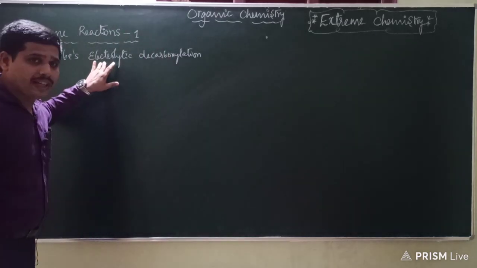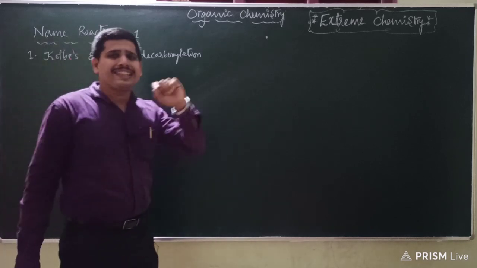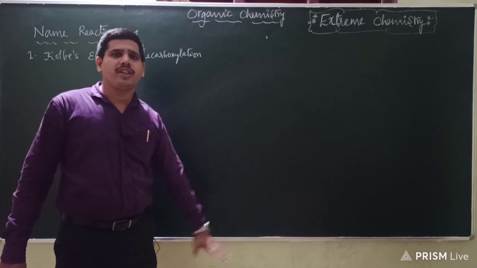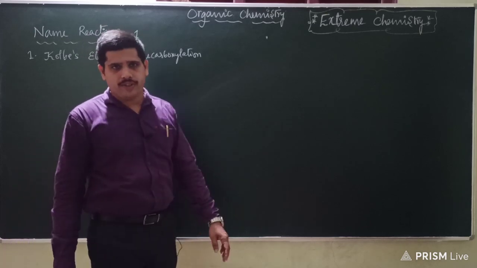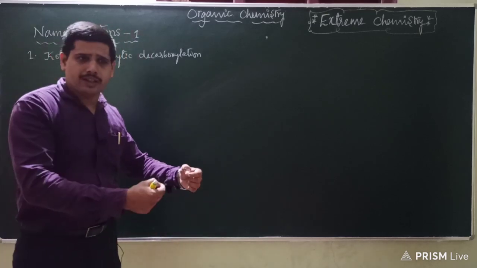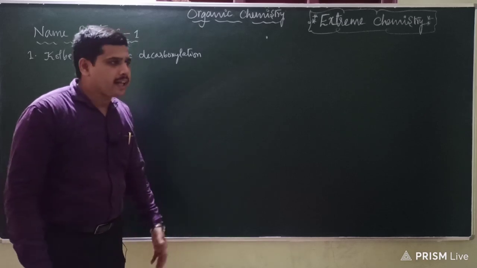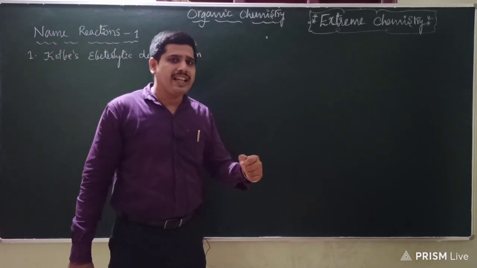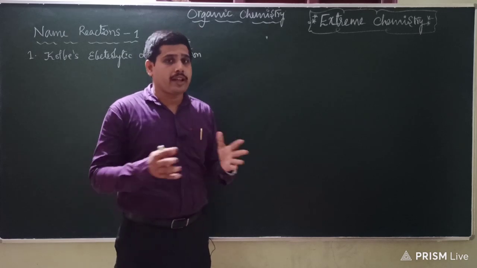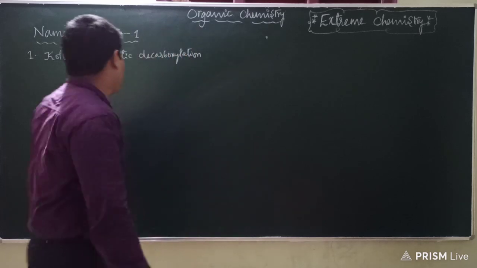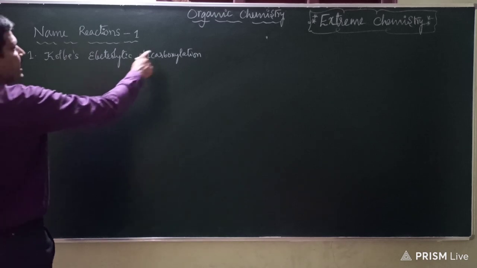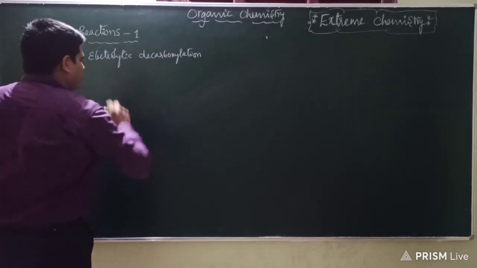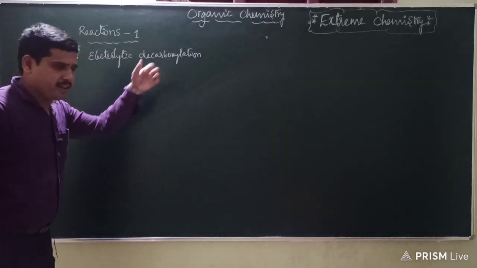Now what is electrolytic? It is nothing but passing electricity. This part we will deal with separately in the chapter called electrochemistry. You are supposed to have two electrodes connected to the electricity supply, where on passing electricity you are able to break the compounds. So it is Kolbe's electrolytic decarboxylation. Hope you understood the importance of this method and what is actually happening in it.